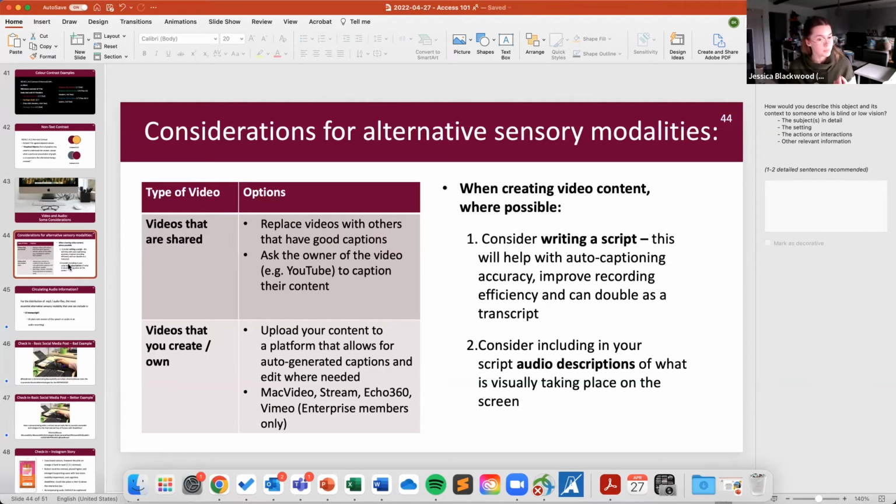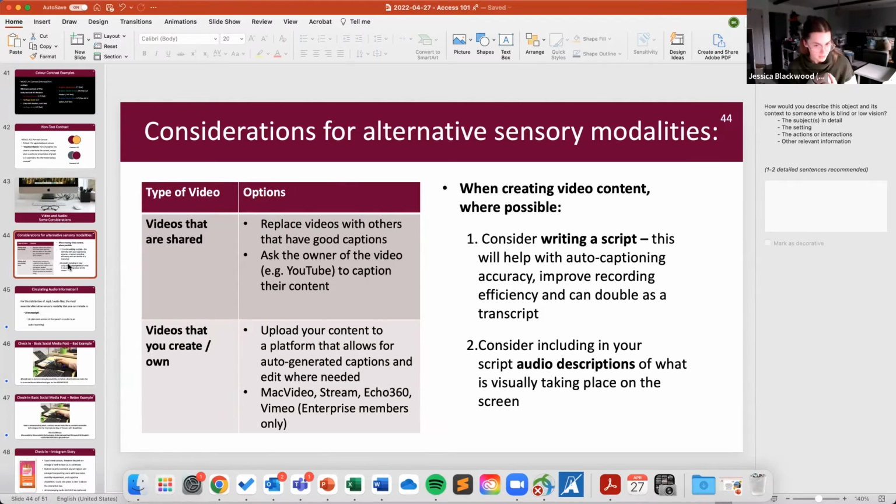Audio quality will play a part in this, but also it can be a bit, frankly, racist if you have an accent. It will not caption it as well as if you sound like me, where I have a westernized English accent. So that is also something to take into consideration.